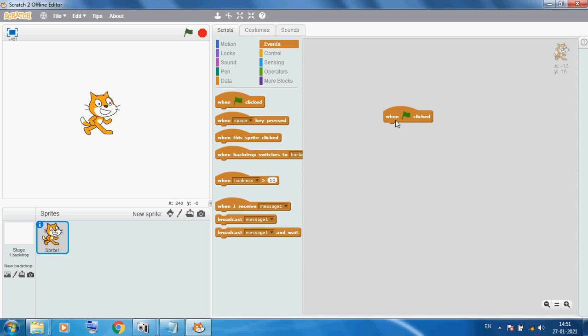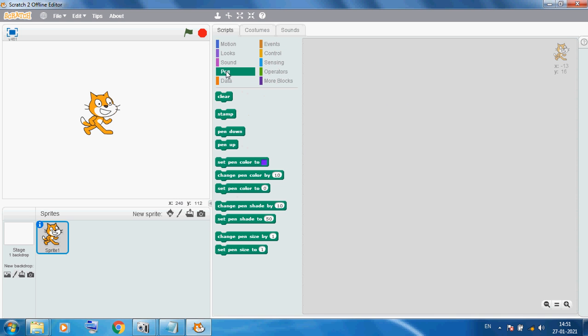Students, next we can use our pen block. This is our pen block. So what is the use of pen block? With the help of pen block we can make the sprite become a writing instrument, so this object will write anything.